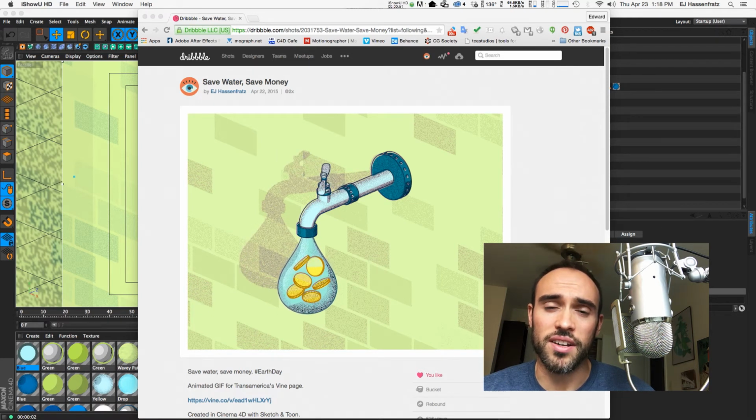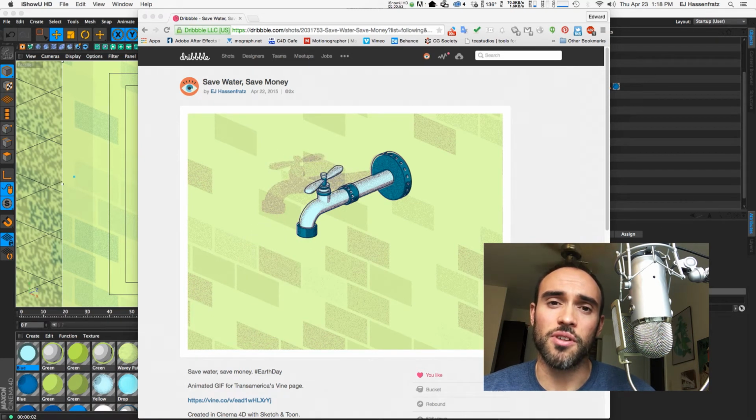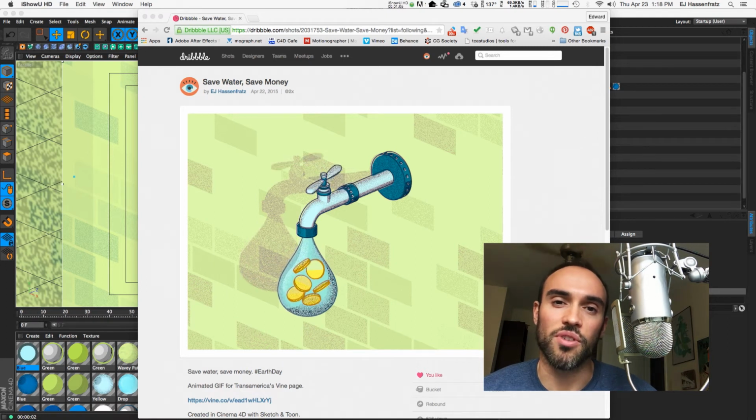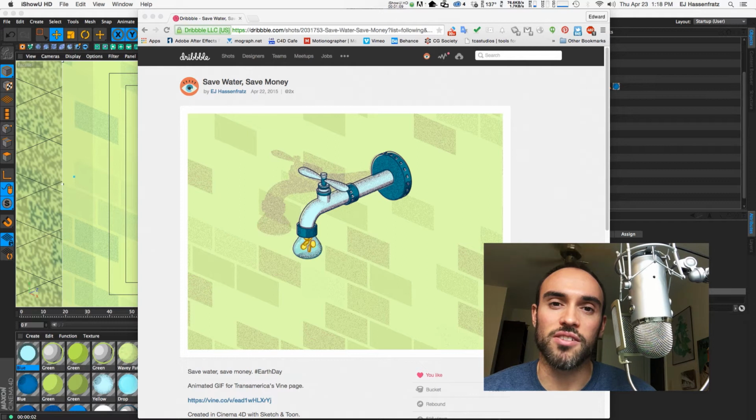If you don't know much about it, I'm going to post a link to a previous tutorial I did that's all about the cell shader. And then I have a bunch of other Sketch and Toon tutorials as well if you want to get into this nice flat 2D look inside of Cinema 4D. So let's just get started with how I use the spot shader in Sketch and Toon to apply this grungy